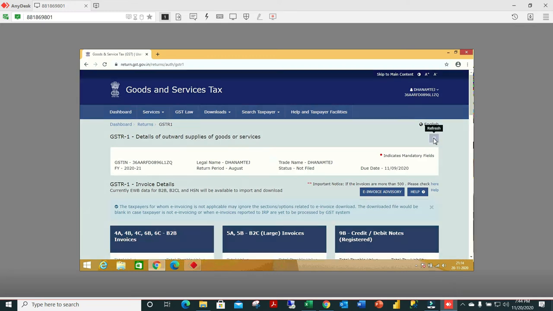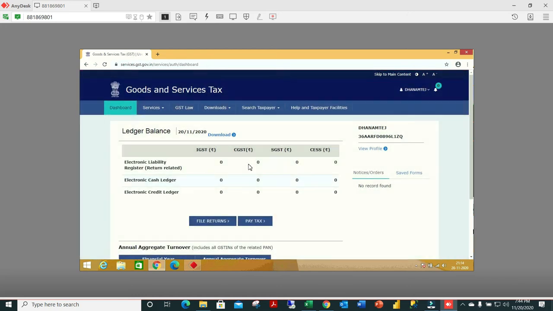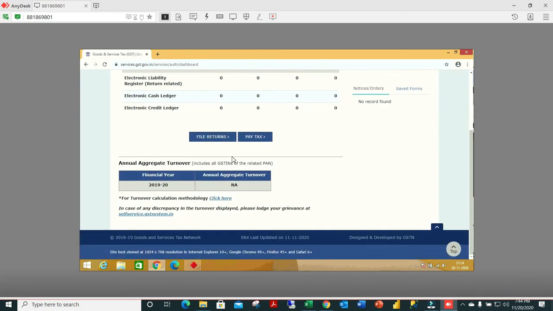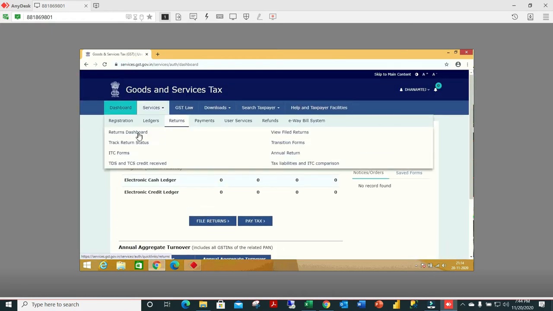In September I could not file in time, so it had a late fee liability. In this video we will also cover the late fee liability. I have filed all the GSTR3B, but I have not done GSTR1. So I am trying to complete all the GSTR1 filings at a time.